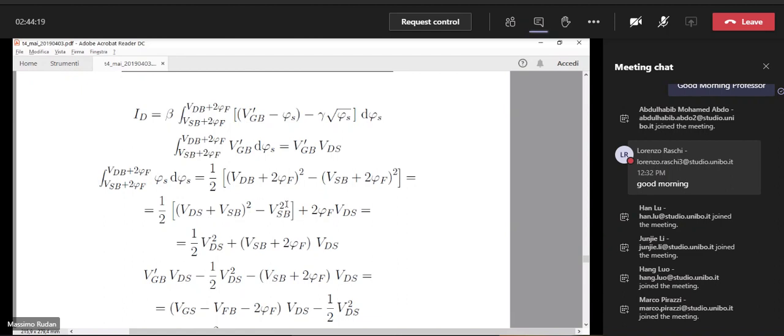So when we do this calculation, we have more cancellations, okay? So at the very end, the term we are talking about, that is called the quadratic term because there is VDS squared, okay, gives